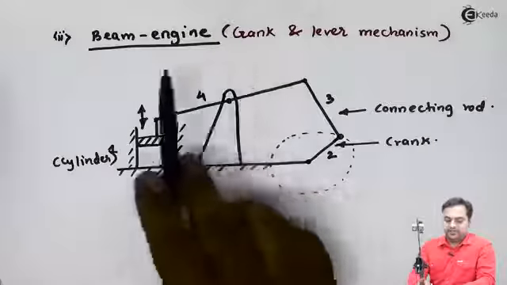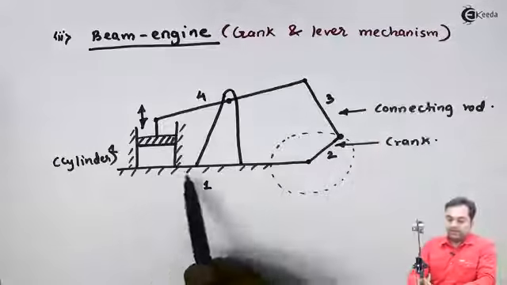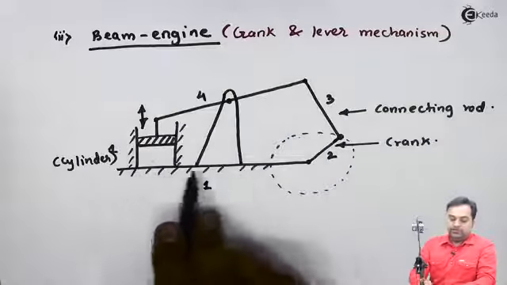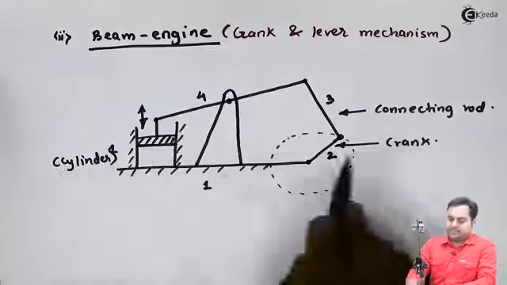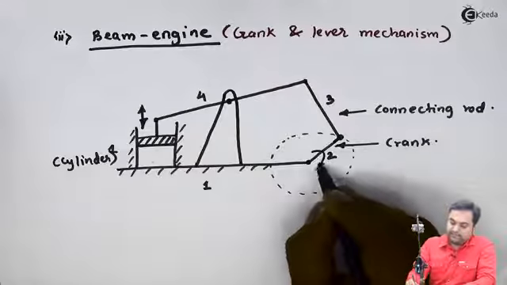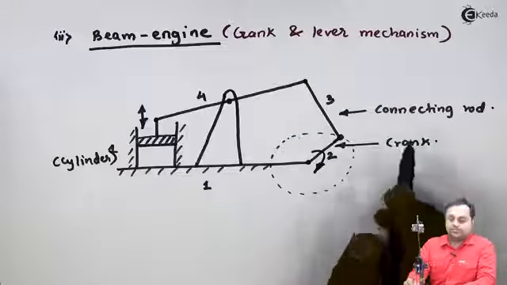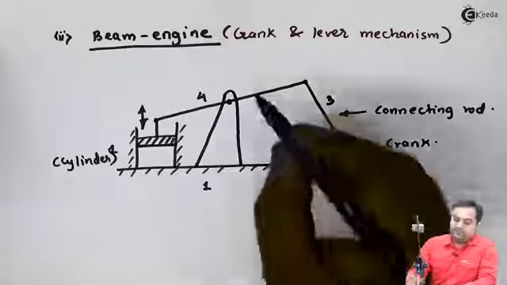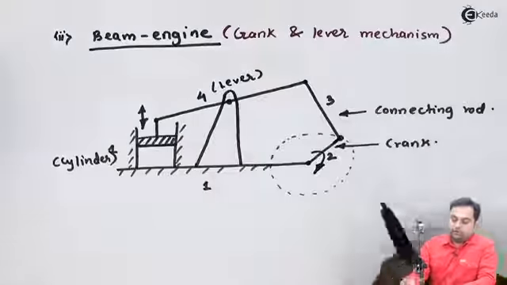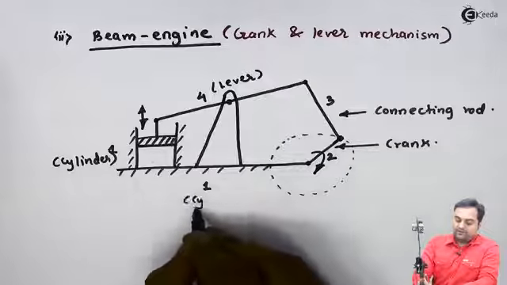So in the case of the beam engine, which is also called the crank and lever mechanism, we have 4 links, link 1, 2, 3 and 4. The first link we call the cylinder. The second is the crank, because we are giving motion to the crank. So it is the first rotating member to which the motion is given. Then we have the connecting rod, and link number 4 is called the lever. So out of the 4 links, the cylinder has been fixed,